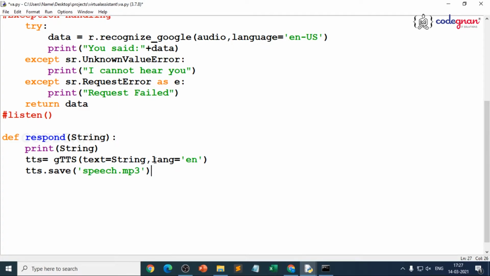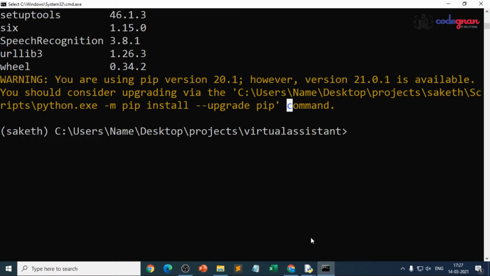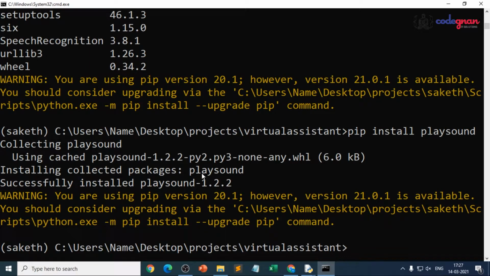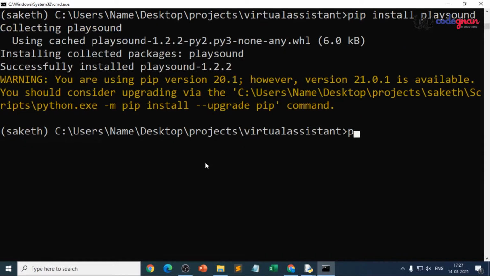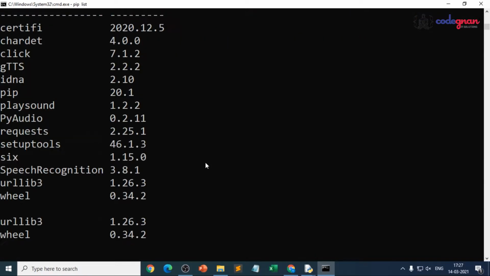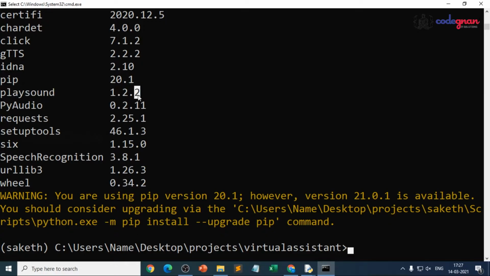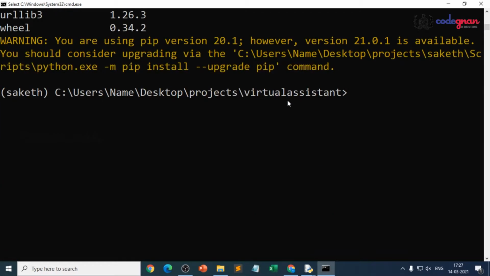So for that reason we need to have one more specific library, which is nothing but playsound. So this should be installed. Just go to your environment and install it. Pip install playsound, then automatically that will be installed, so that the sound should be heard. Installing collected packages. Now when you go for pip list, you should see playsound. That's how you see it. At the end we'll freeze it. No need to worry about that, so that you can have all those libraries or packages in your requirements.txt.